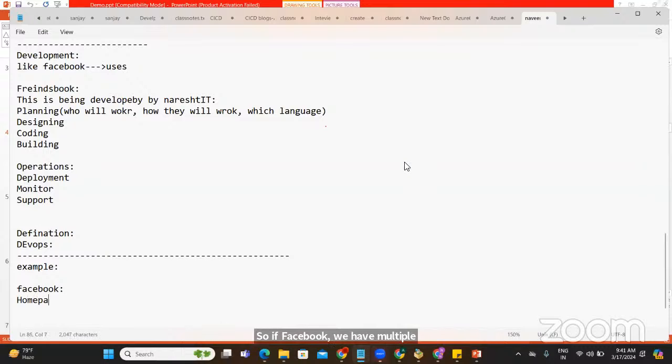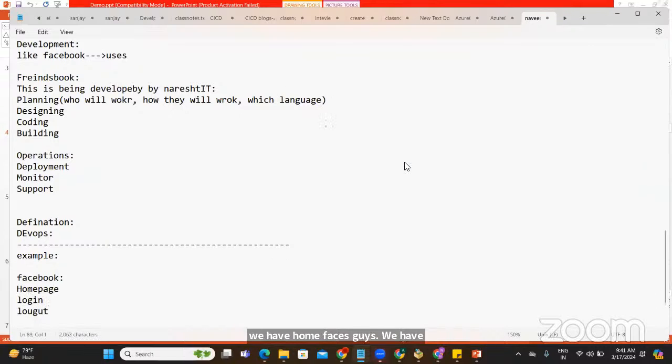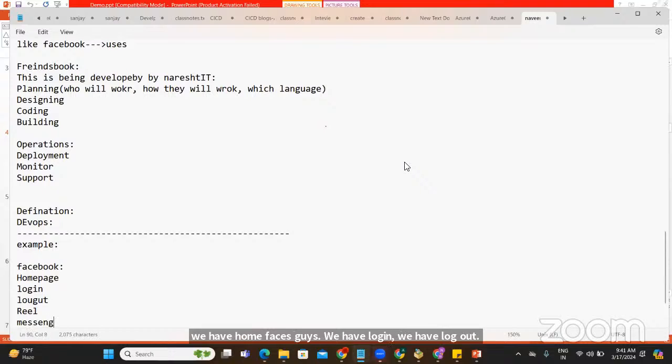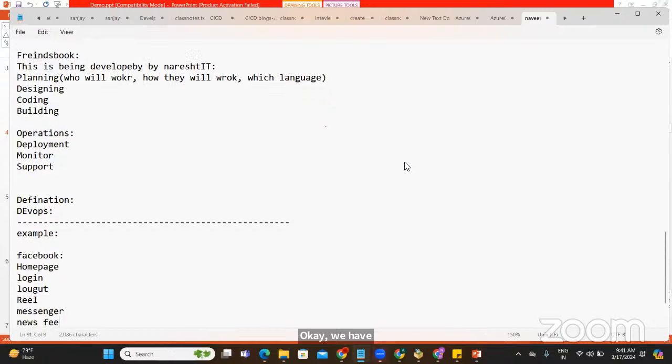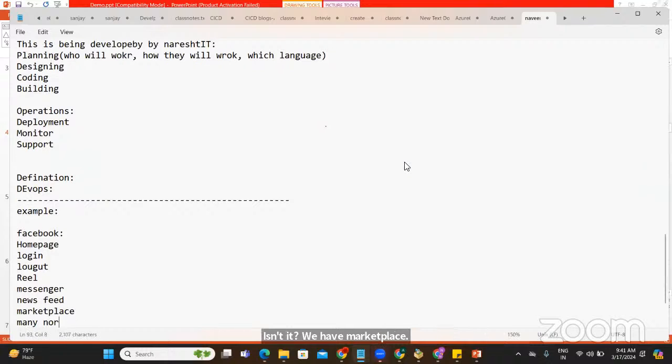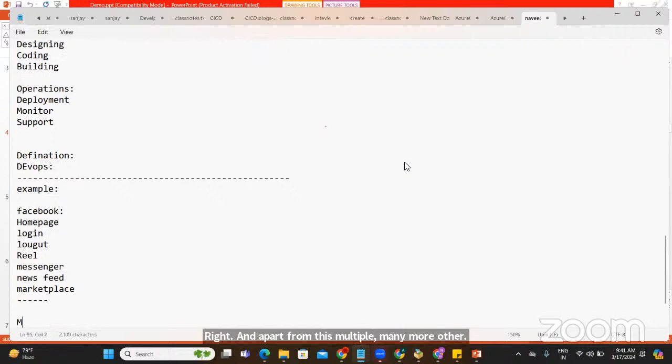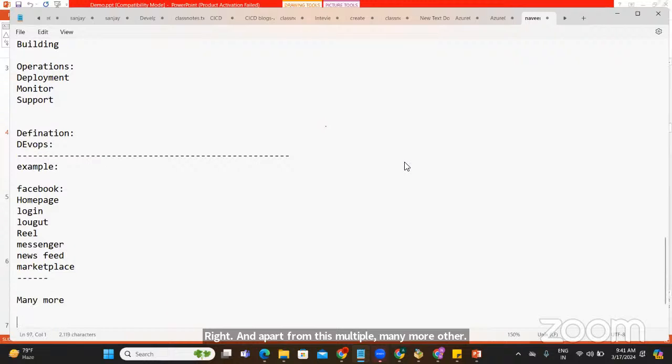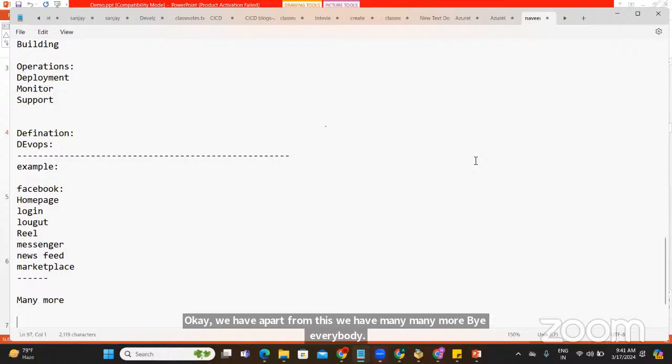Like we have home pages, login, logout, reels, messengers, news feeds, marketplace, and many more. So these all are called modules for your Facebook.